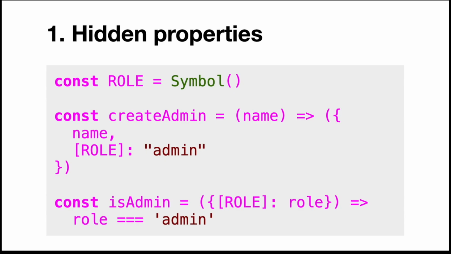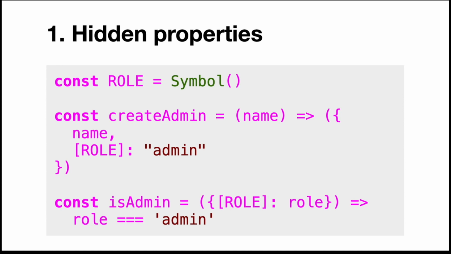That's about inspecting objects, and that's where I actually hit a problem. Now the question that can arise is, why do we need symbols, and why do some of these things work like that? I think there are basically two use cases where symbols are nice. The first one, as I said, is hidden properties, right? You put something in the object, but maybe you don't want it to be visible when you log it. You want it to be hidden, maybe from the user, maybe from another developer. I'm not sure this is a great way, but it kind of works, right?